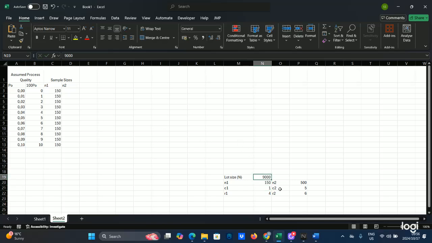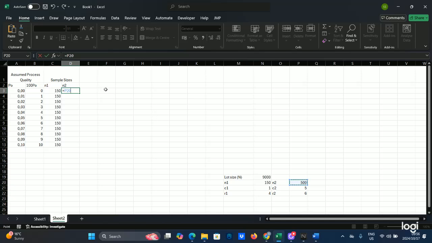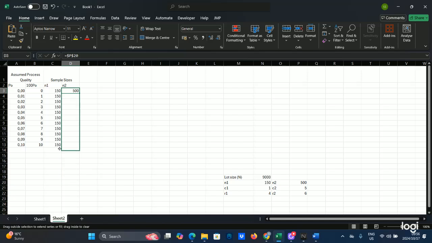Now you calculate your N2, which is your sample size for the second plan. So you just say this equals to the N2 that you wrote, and then you freeze the cell as well, for similar reasons to why you froze N1. And then now you drag. So after you are done calculating your sample sizes,